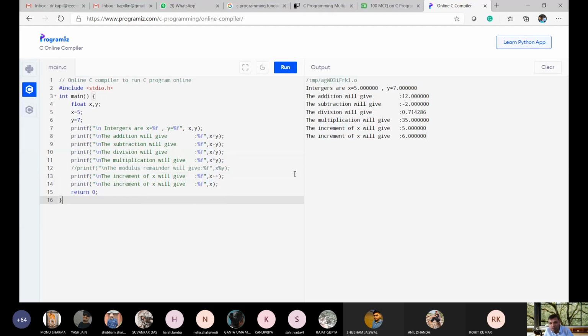Are you able to see the impact of this? Here x plus plus is written and x is written. So after this statement, the increment will be executed. That's why this is the answer. So be careful while using this statement. So this is known as post-increment, and let me show you pre-increment. Okay. So plus plus x is the pre-increment operator, and now if I run, both outputs will come as 6. Correct? Clear or not? Yes, sir. If you have any doubt, you can ask.